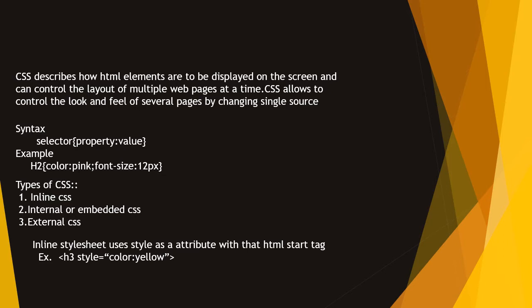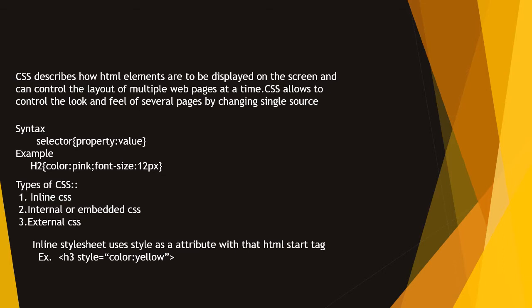Rather than pink, you can take also blue, red, green, etc. So here we are applying multiple properties to that particular h2 element. So again we have to choose another property, that property is font size, then semicolon, and font size obviously in pixels. So here 12 pixels, you can take 13 px, 14 px, etc. So here we are using multiple properties for a single selector, and multiple properties are separated by semicolon. Property and value are separated by colon sign, whereas multiple properties are separated by semicolon.